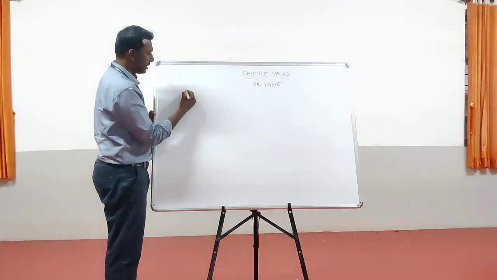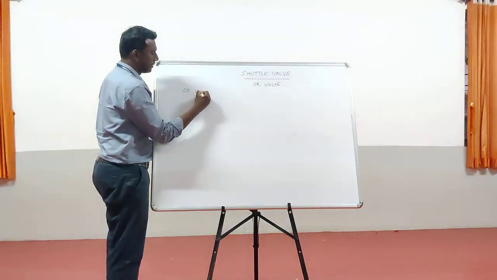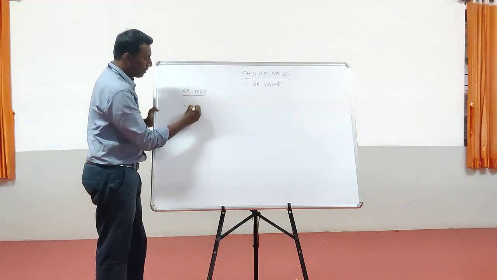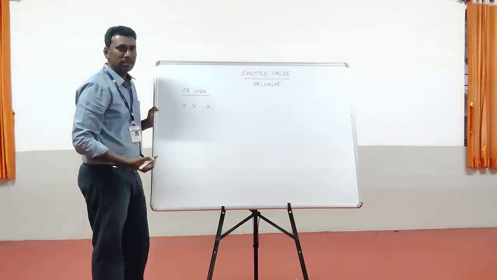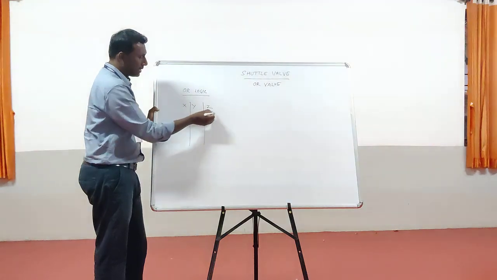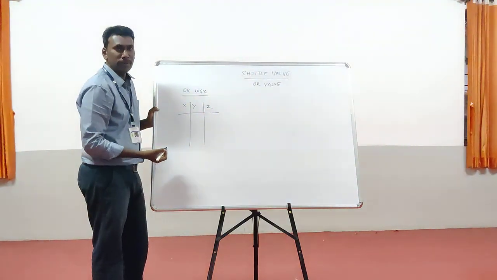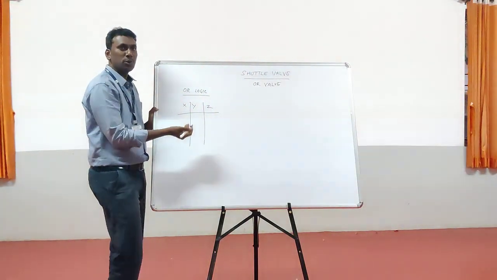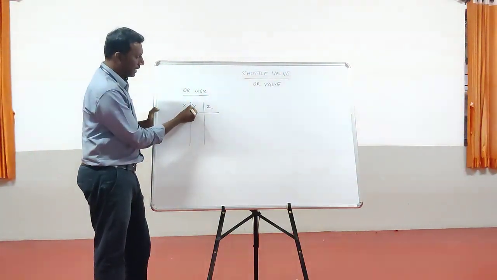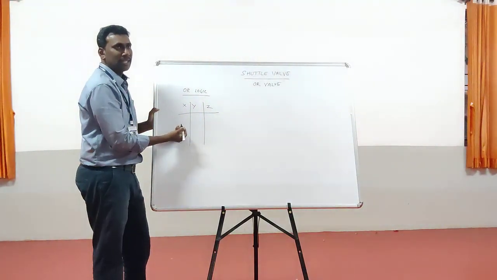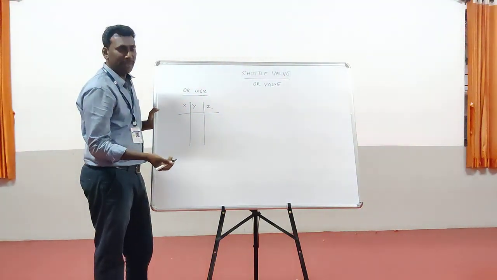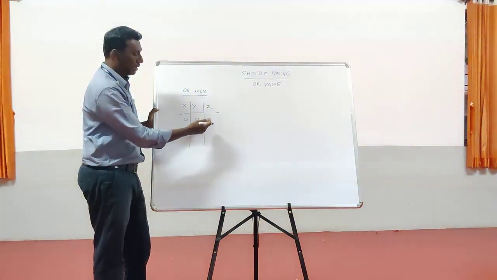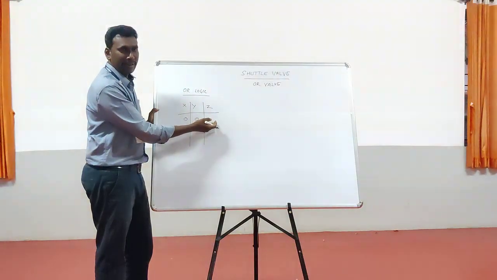So what is the OR logic? OR logic has a minimum of 2 inputs to produce a single output. Considering X and Y as inputs and Z as the output, with these 2 inputs X and Y, we have 4 combinations. First, X and Y are both deactivated, and we see how the output will arrive.